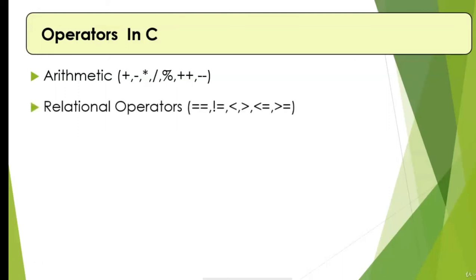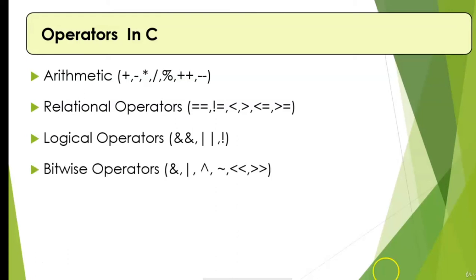There are different types of relational operators: double equal to, not equal to, less than, greater than, less than equal to, greater than equal to. Relational operators can help me to compare two different operands and find out the relation between them. We also have the logical operators: double ampersand, double or, not. Logical operators are helpful to us to check whether multiple conditions are together true or either of the conditions